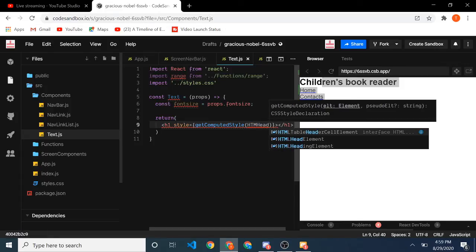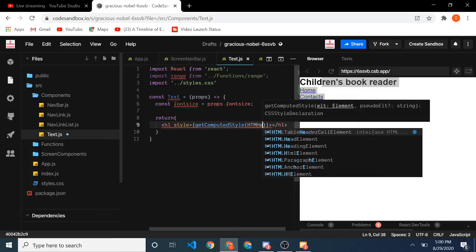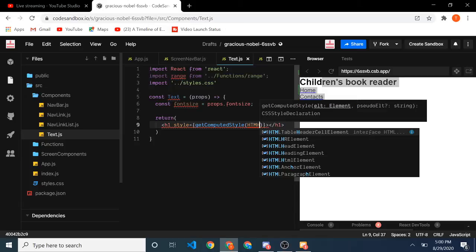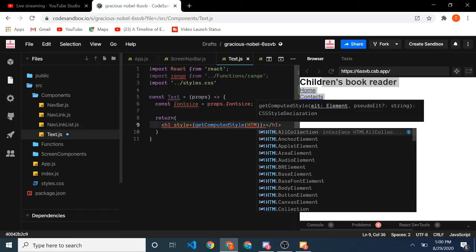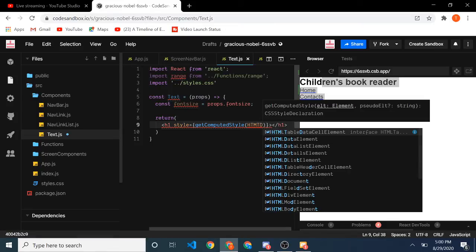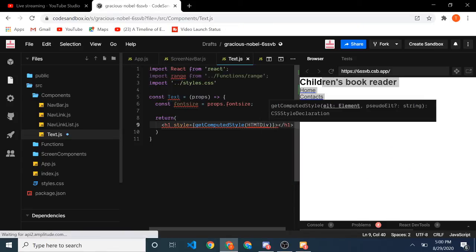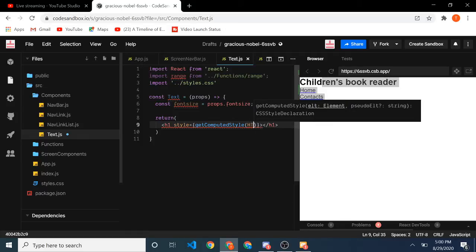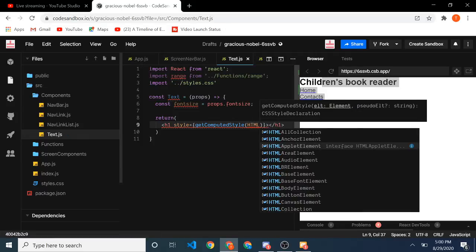Yes, I'm coming. I'm live streaming still. So what we do is, you can see a lot of these HTML elements. You can see that it's not working. What if you use text element? You can see div, and